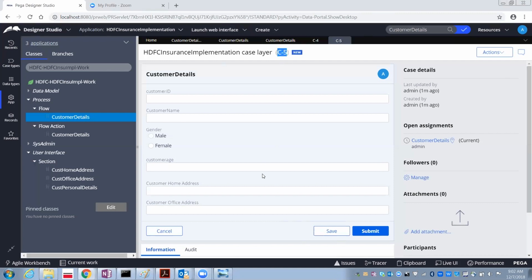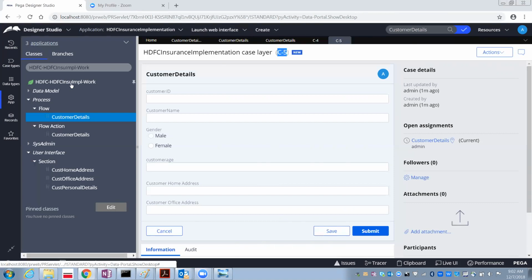Like that, every time you run the flow, it is going to create a work object, and for each and every work object, it is going to give one unique identification number. Where exactly is that unique identification number saved, and by which property is it referred?